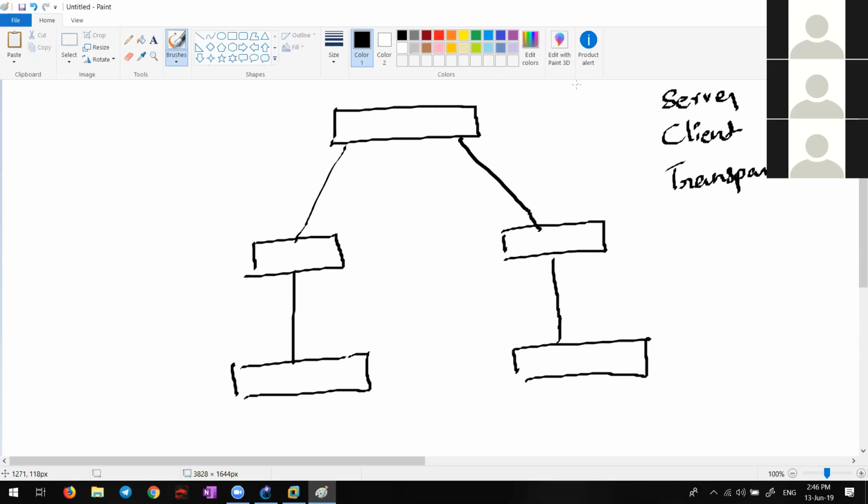Then write down server mode. By default, all Cisco switches are in server mode, which means you can create, delete, and modify VLANs. Write down where you can create, delete, and modify VLANs. Server mode switches synchronize